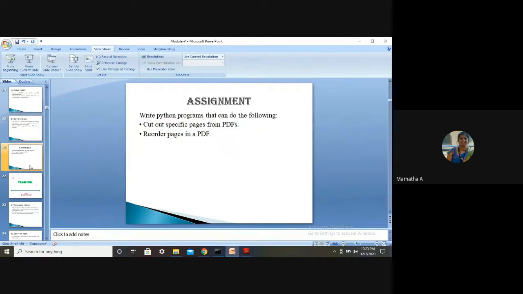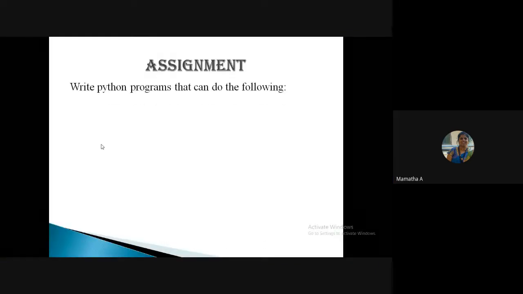Followed by the assignment for today's class. I want you to write a Python program that can cut out specific pages from a PDF. Take any existing PDF, delete some of the pages, and create a new PDF. That means your new PDF should not contain the pages which you don't want.